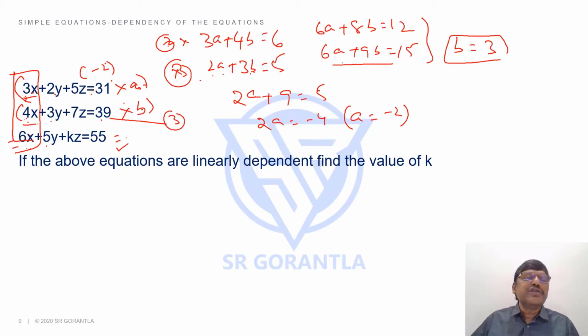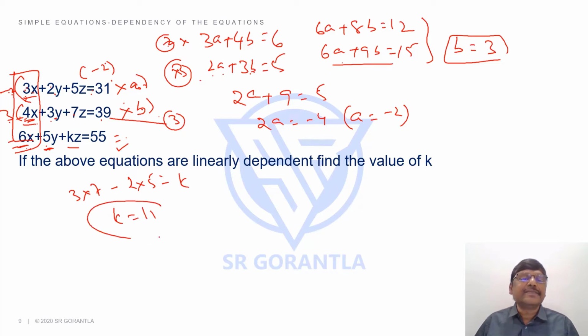Let me see. See, 4 times of 3, students. 4 times of 3 will be how much? 12. And minus 2 times means, what is minus 2 into 3? 6. 12 minus 6, 6 tallied. 3 threes are 9, minus 4, 5 tallied. So now, students, 3 sevens are 21. 3 into 7, 21, minus 2 into 5. How much should be equal to this k? How much is k then? K is 11. If you want to confirm this, see, 3 times 39 is 117 minus 62, 117 minus 62, 55 tallied.